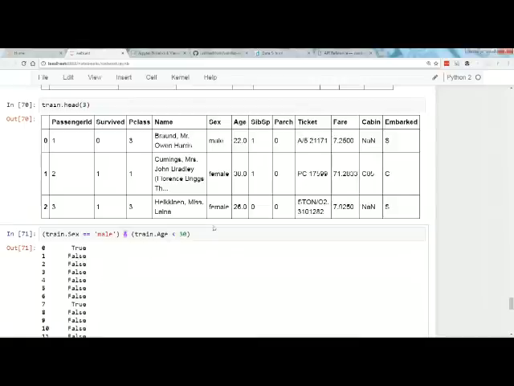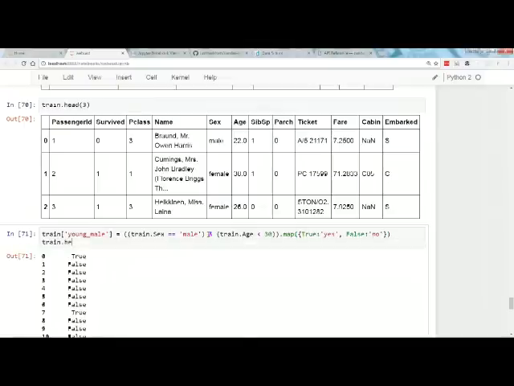So how do I turn this into a new column? Well, how about we do dot map, and we map true to, oh, actually I need a dictionary here. Map true to yes, and false to no. And we'll call that train bracket young male, okay?